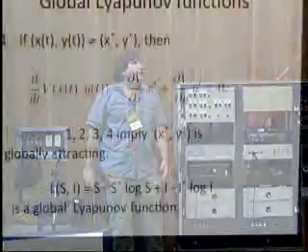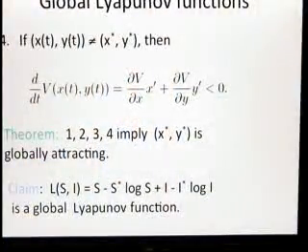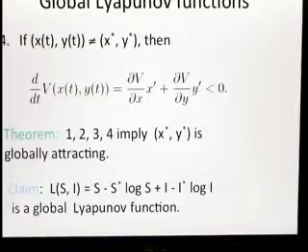And now the key condition. Suppose that for any initial condition, any orbit which is not the equilibrium point, V strictly decreases along the orbit. So I want this function V to be strictly decreasing along every orbit. How do you ensure that? You ensure that by showing that for any orbit, the derivative of V along the orbit is negative. And the theorem is, if you have such a V, then that equilibrium point is globally attracting.